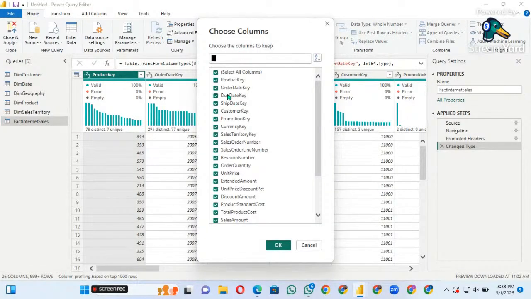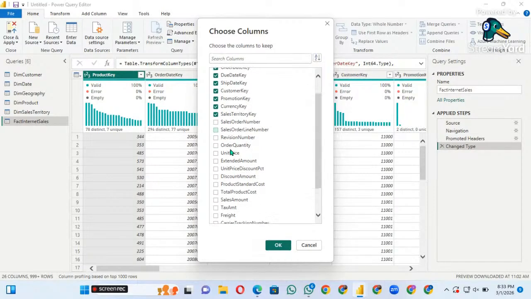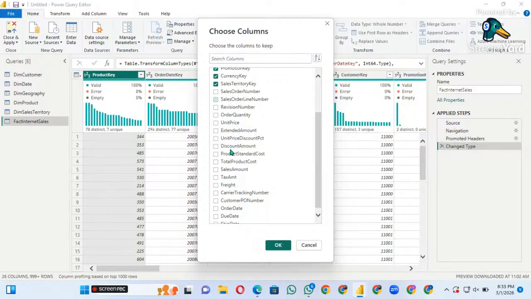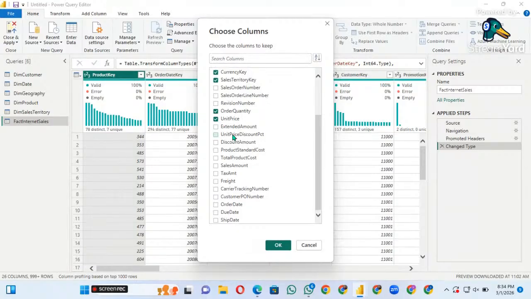So from here, let me choose columns from this one and see what is even inside the data. It contains important information like the product key, order, ship date key. You just keep all the keys, because it is what you'll be using in your data modeling. And I'm going to show you what I mean by data modeling soon. So we have sales order number, sales order days,